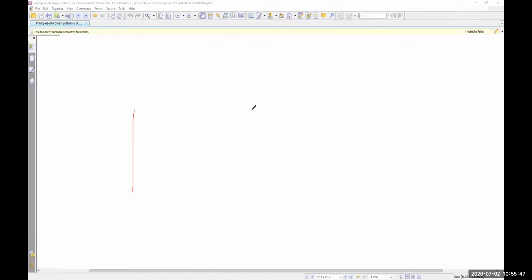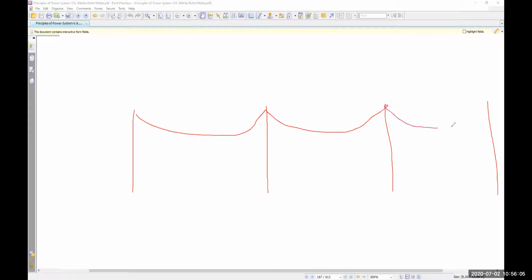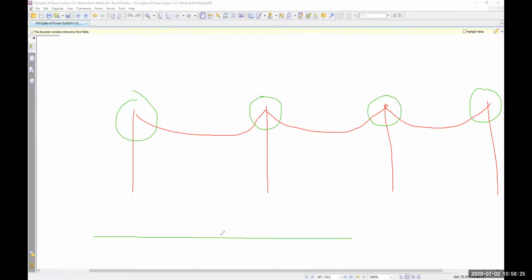Okay, you have one tower, another tower, another tower, another tower. Now you bring one roll of conductors. So you take the conductor. This one is suspension type, this one is suspension type, because you are just hanging there, right? But what will happen at this corner and at this corner? Because for suspension type you need to use a solid conductor, that means an uninterrupted conductor. There you will use the suspension type.